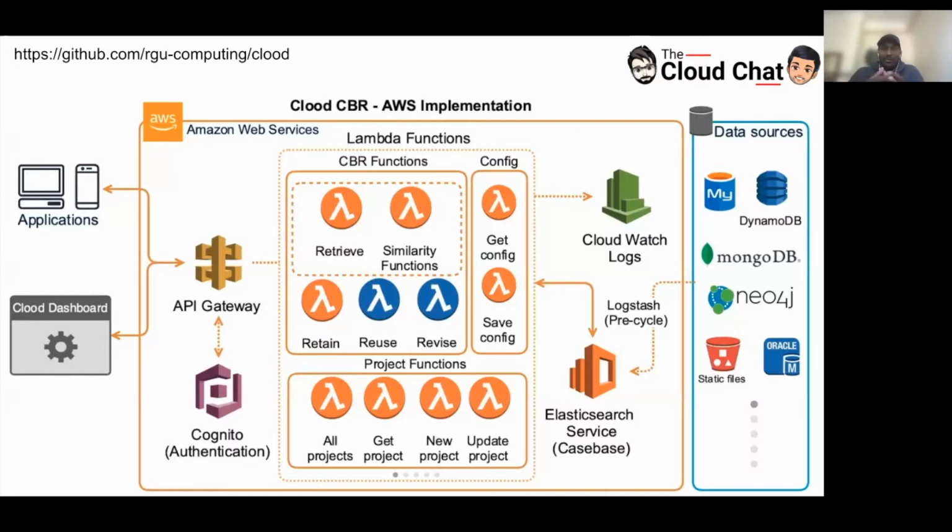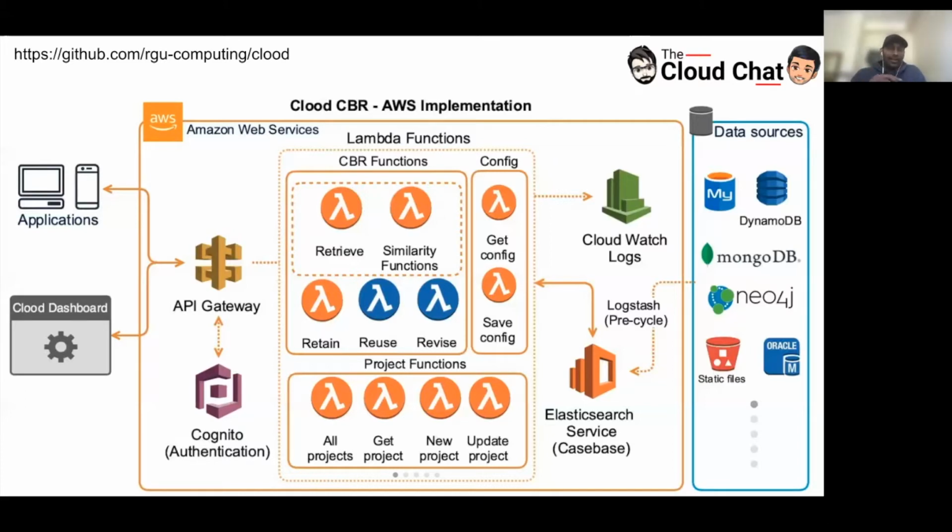That's a very good binding together, they are very good at doing things together. And then there's the Cognito authentication. So if you need a very high level of security, authorization, authentication, you can use Cognito. If not, you can use API keys as well at that API gateway level